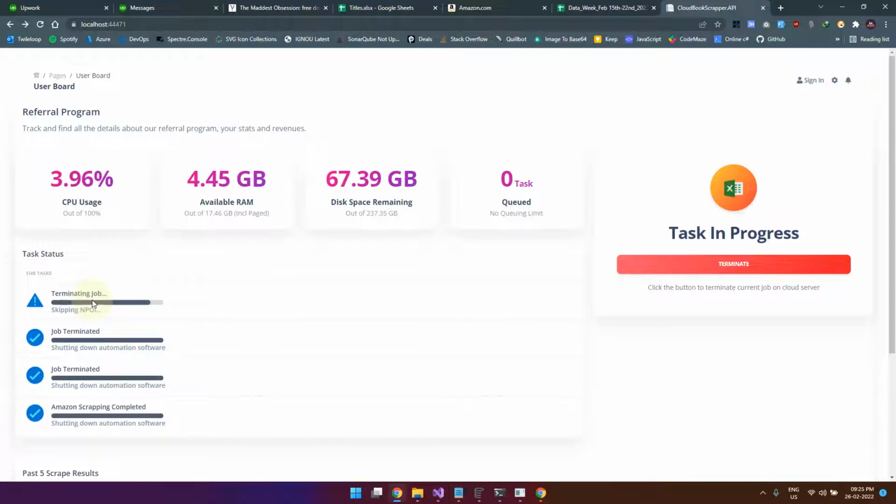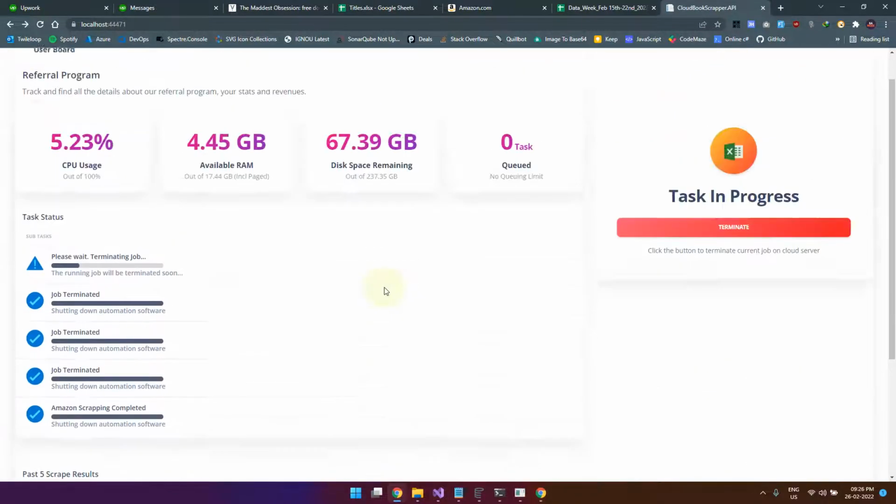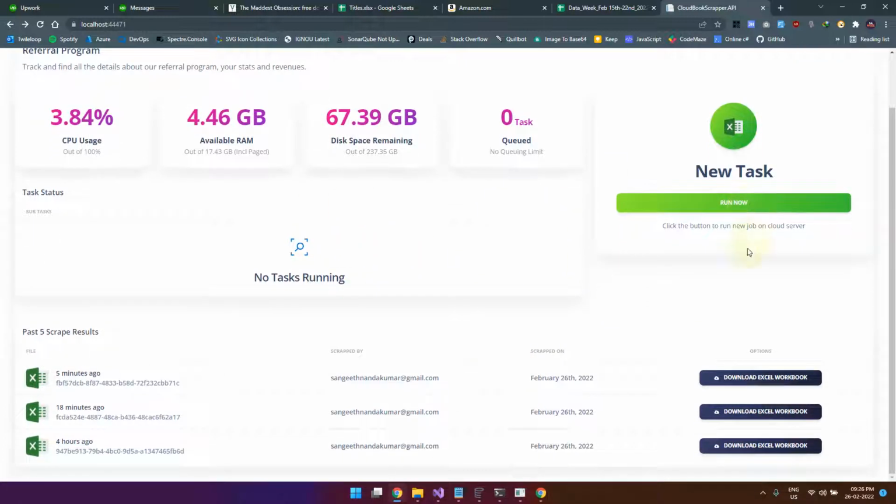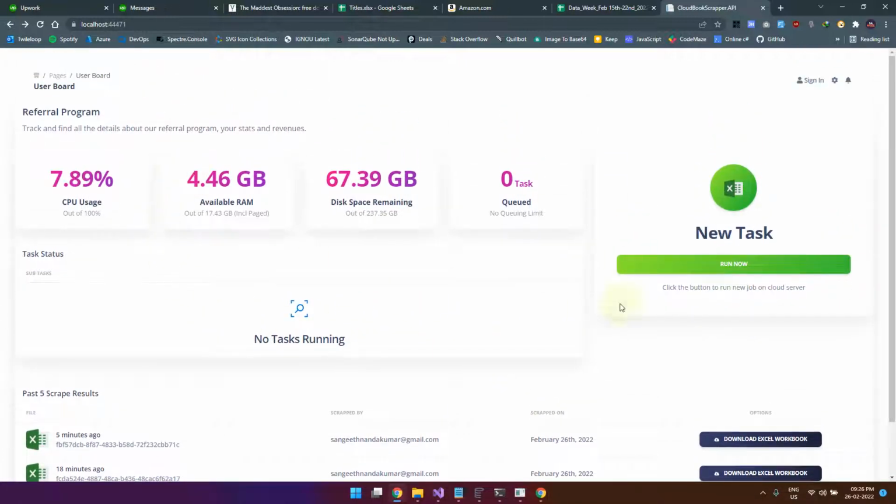So it will terminate all the levels that we are going to handle. And once terminated, it will release all the server resources. And now we are good to start a new task. So this is regarding the termination.